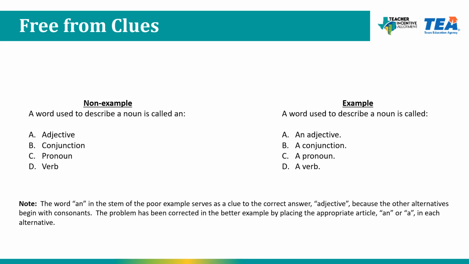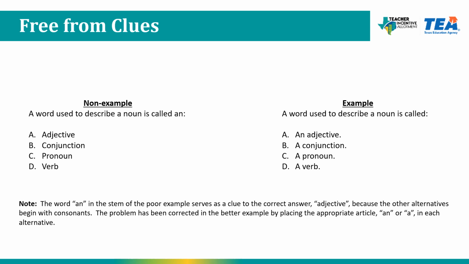In the non-example, the poor formulation of the question is unintentionally providing a clue to the correct answer. The use of the word "an" signals to an astute test taker that it should precede a word beginning with a vowel. The subtle logic cue can lead students to quickly eliminate options B through D, leaving only option A as the potential answer. This scenario underscores the importance of crafting answer choices that are devoid of such hints of linguistic giveaways,